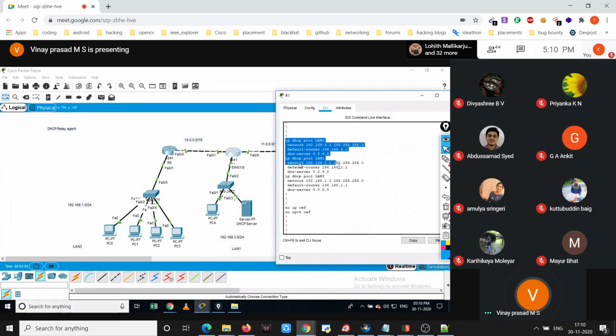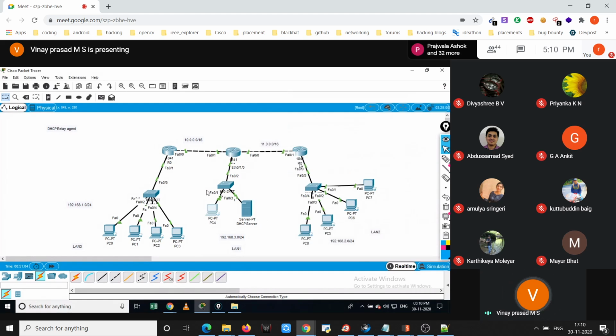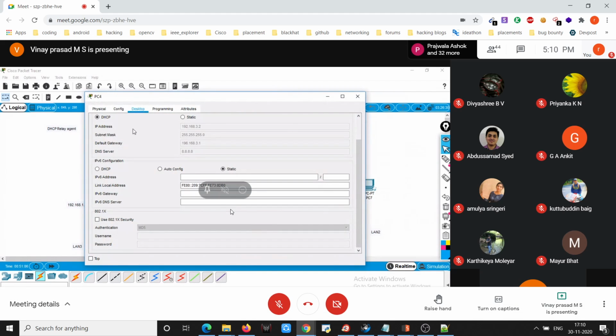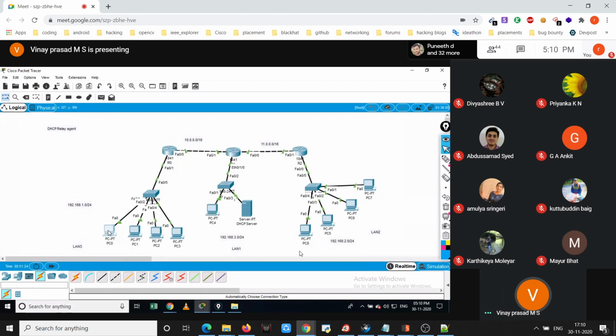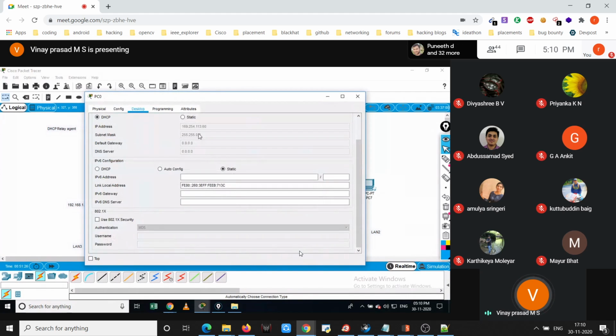See, here I created three pools, LAN 1, 2, 3 on this router. Okay, and I just try to fetch the data from the DHCP. I could do it, right? Once I click on this, now with DHCP I would be able to get the IP address. Okay, and similarly, once I did that on this router, if I click on here, I fail to get the IP address